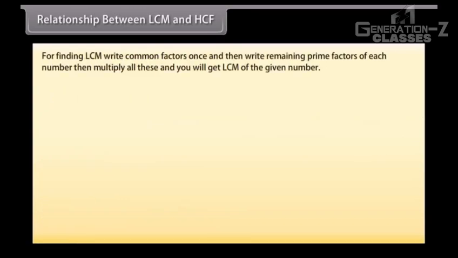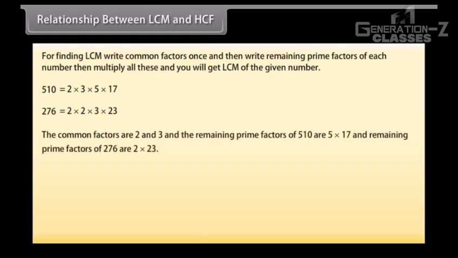For finding the LCM, write common factors once and then write the remaining prime factors of each number. Then multiply all these and you will get the LCM of the given numbers. 510 = 2 × 3 × 5 × 17. 276 = 2 × 2 × 3 × 23. The common factors are 2 and 3, the remaining prime factors of 510 are 5 × 17, and the remaining prime factors of 276 are 2 × 23. Thus, LCM of 510 and 276 = 2 × 3 × 5 × 17 × 2 × 23 =